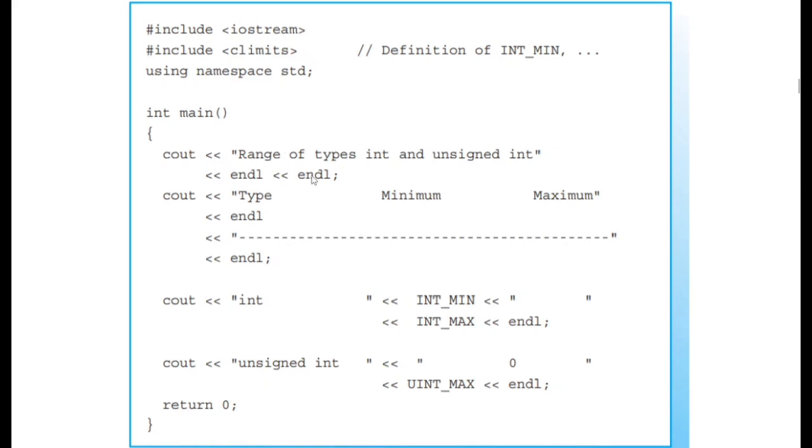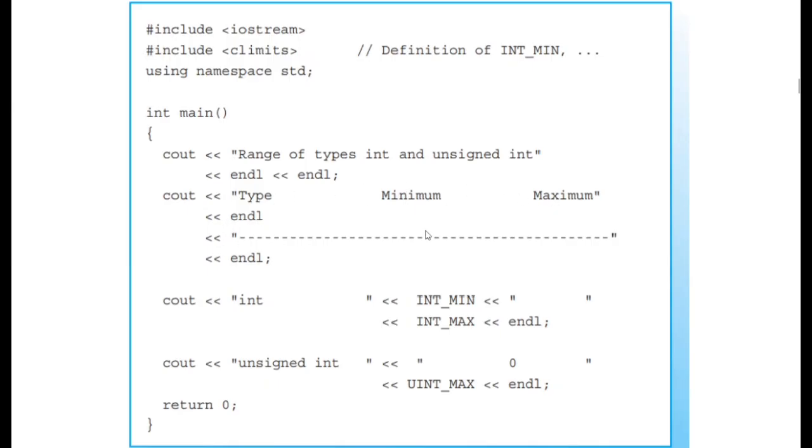Then we have two line breaks, and then that semicolon again that I was talking about. So we are ending the statement. As you can see, there's no semicolon up here. So this entire line is one statement altogether, even though we've split it into two lines. Then we go on to print type, minimum, maximum. Okay, then we do a line break.